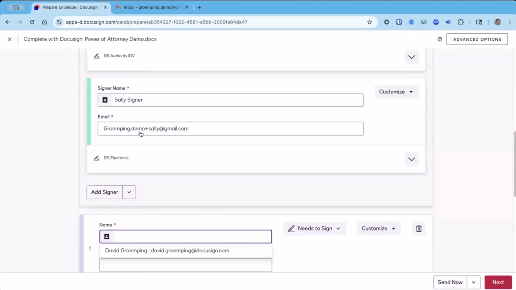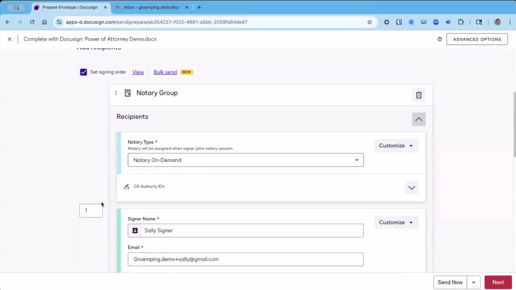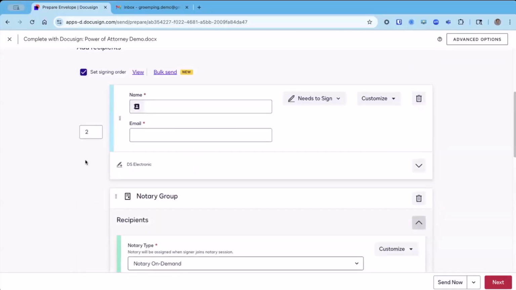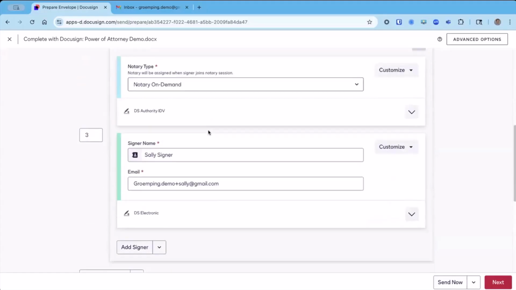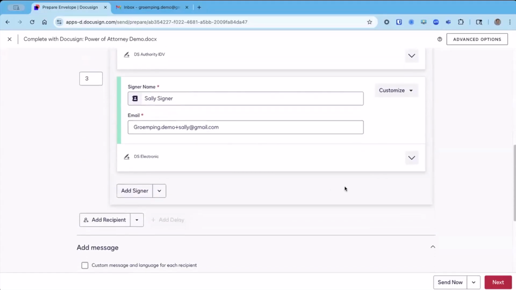In the envelope, I can also have standard signers. So let's just enable a routing order here. I can have a standard signer before Sally and the notary group if I want, but we're going to keep it simple today. You can have CC recipients and signing recipients after the notary group, but you cannot have